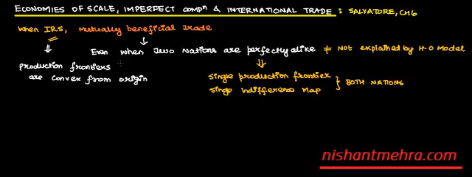Now, with identical production frontiers and indifference maps, at the no trade equilibrium, the relative commodity price in the two nations will also be identical. So you have